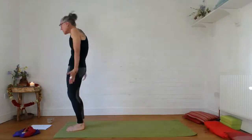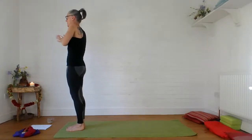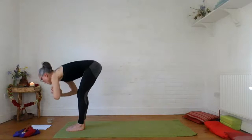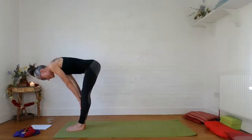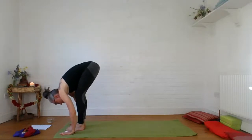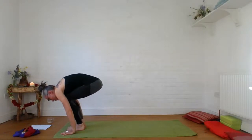Inhale to standing. Exhale, hands to your heart. Last time. Scoop your hands up, in breath. Exhale, fold forward. Inhale to gazing pose. Lovely flat back, straight arms and legs. Exhale, fold forward. And so now you can either step back or jump back to high plank, but with bent